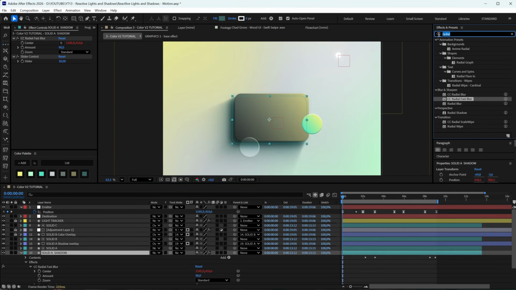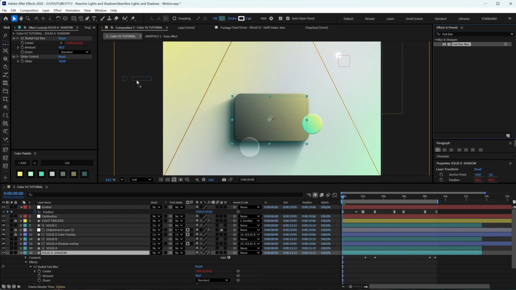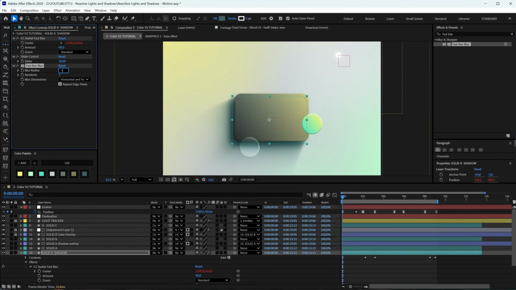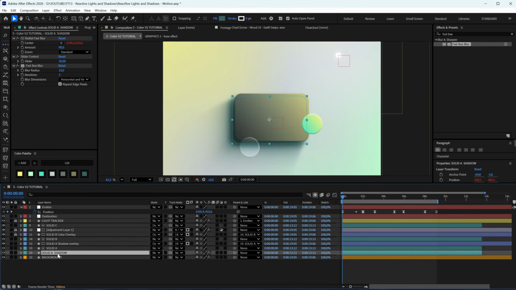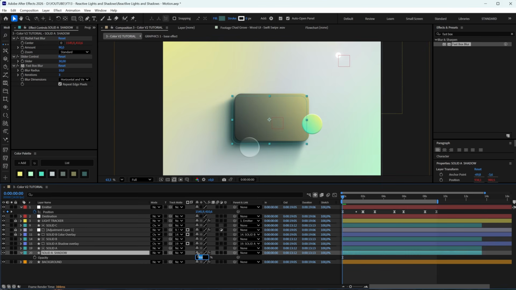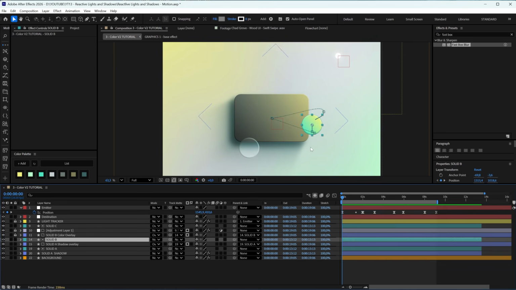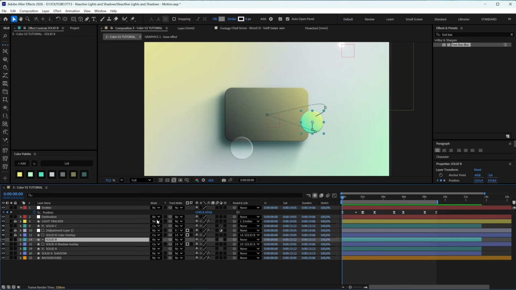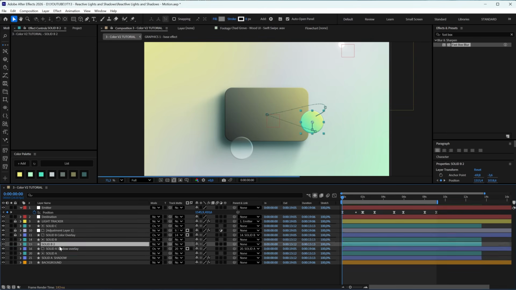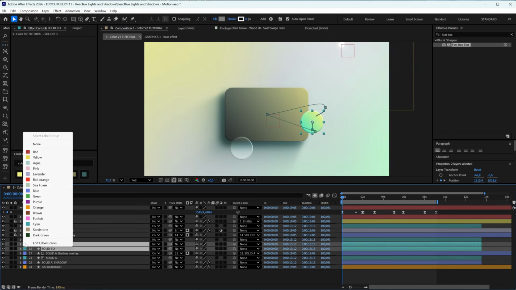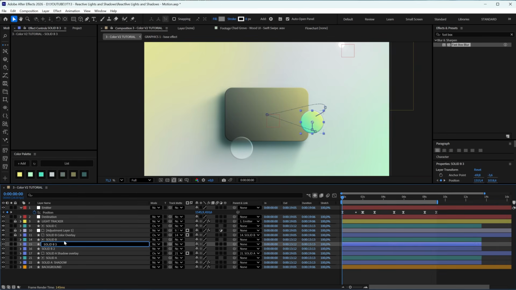The radial blur is a bit strong, so I want to apply another level of blur to soften it up a little. Now I want to create a shadow that is split, meaning that it has different values on different surfaces. So I'm duplicating shape B and repeating the same process as before. So renaming shadow 1 and shadow 2,